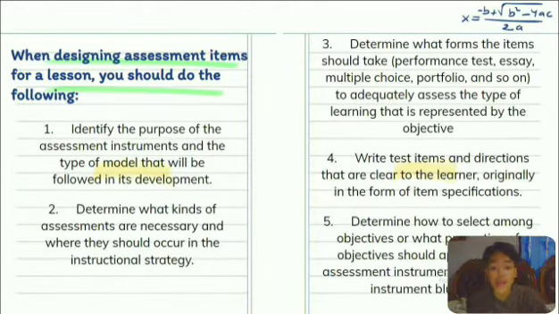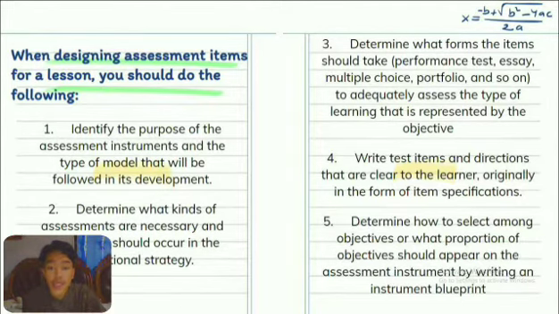When designing assessment items for a lesson, you should do the following. First, identify the purpose of the assessment instrument and the type of model that will be followed in its development. And the second, determine what kinds of assessment are necessary and where they should occur in the instructional strategy. And the third, determine what forms the items should take: performance test, essay, multiple choice, portfolio, and so on,